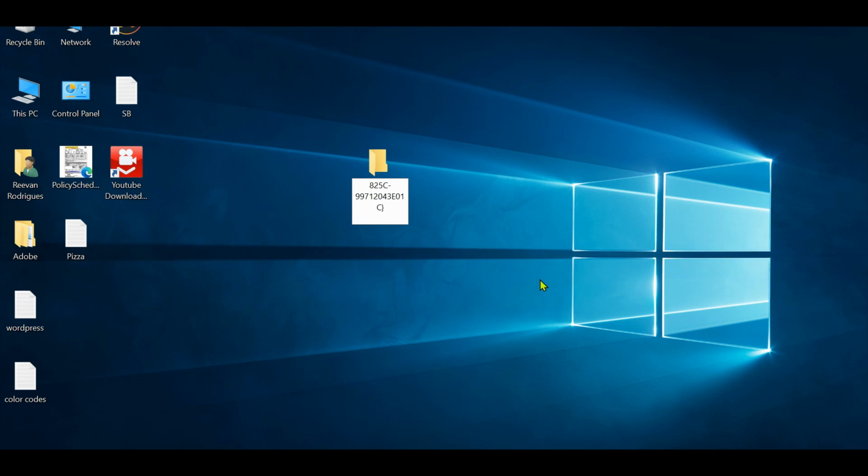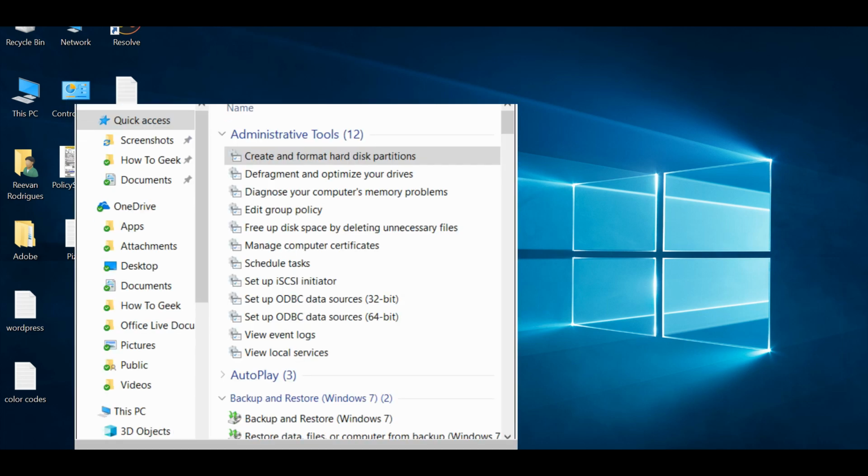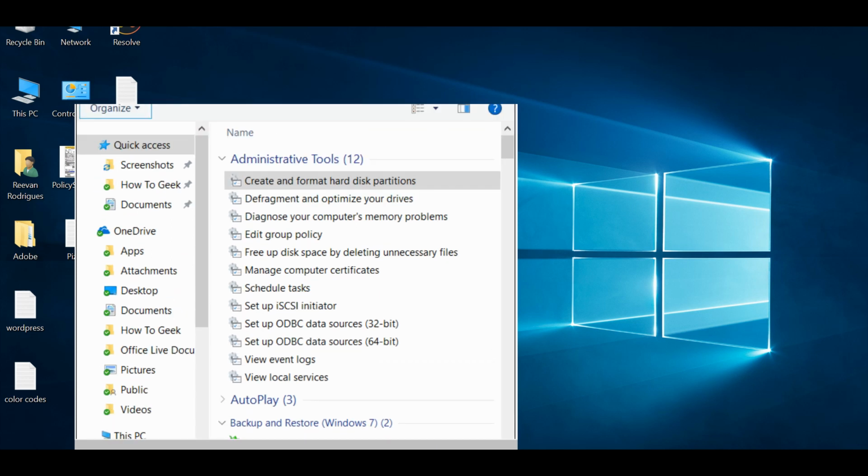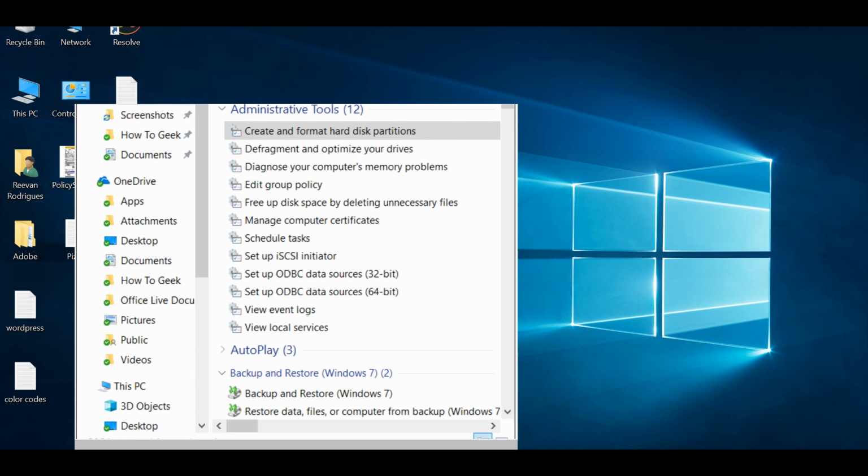You can copy and paste the exact text into this folder. As soon as you enter this text, your folder will change to this icon. Open this folder, and here you will get access to all the settings and features in this one folder. That's why it's called God mode, which controls almost all the settings of your computer.